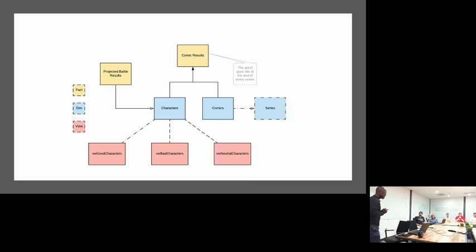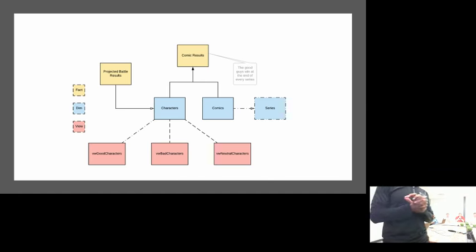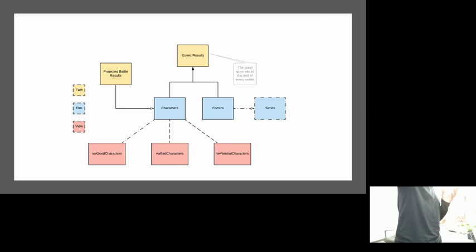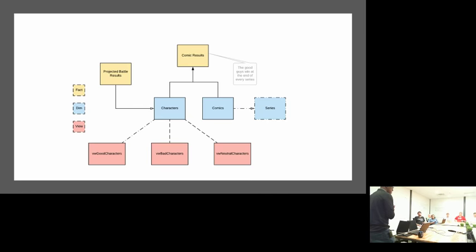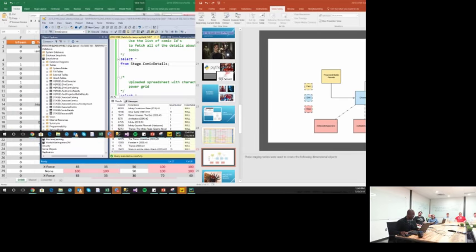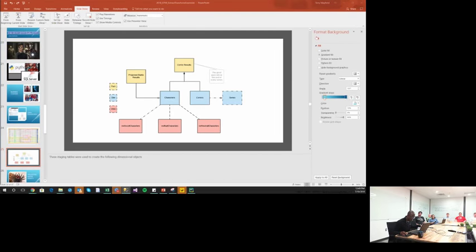And then we have different views we use to look at data a little more granularly, like who are the good guys, the bad guys, and the neutral characters. So again, the purpose here is to model the data to answer the questions that you're looking to answer. Any questions there? All right, real quick, we're going to jump. Oh, sorry, one more thing.